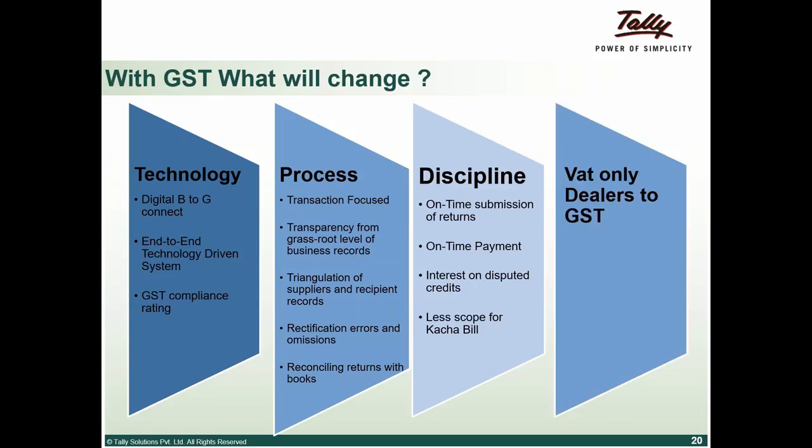And what is one major change that is going to happen for the VAT-only dealer? If you see, the VAT exemption limit ranges between 5 to 25 lakhs across the country, right? And for excise, the threshold limit is 1.5 crore. Even if I'm a manufacturer, if my annual turnover is less than 1.5 crore, I will not be registered under excise. But then my turnover will exceed the threshold limit of any given state, then I will be a VAT dealer. Right. So today under GST, majority of the VAT dealers will now get